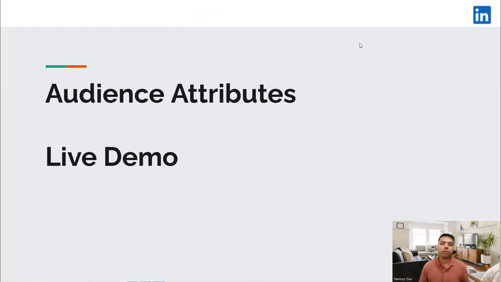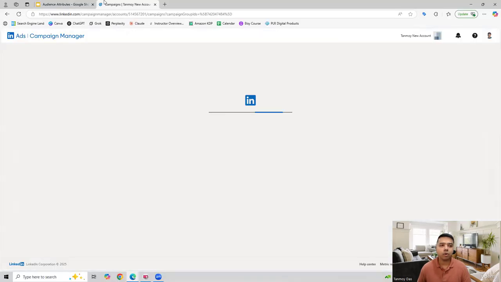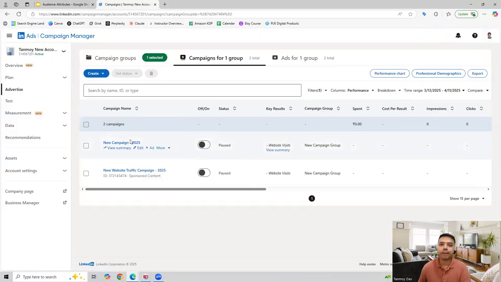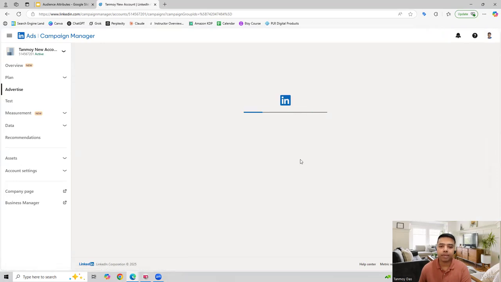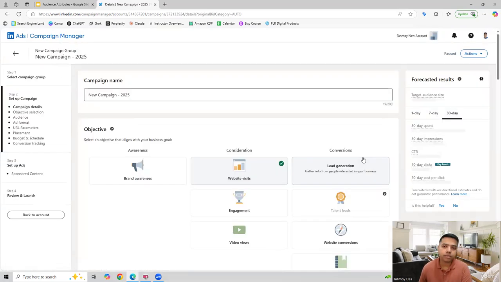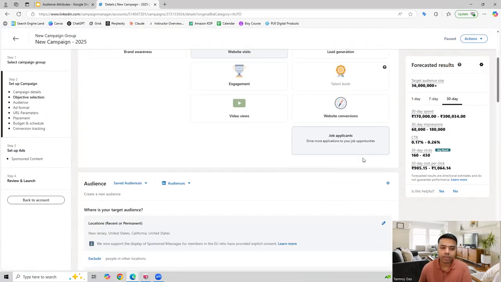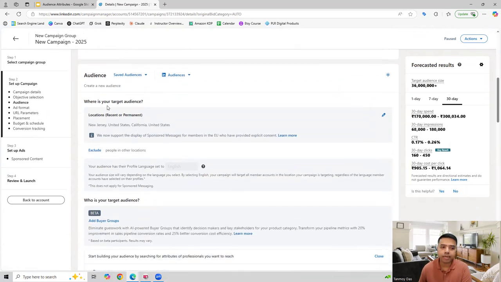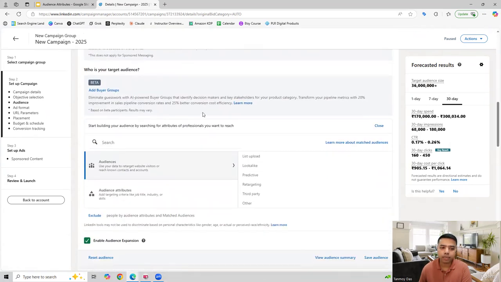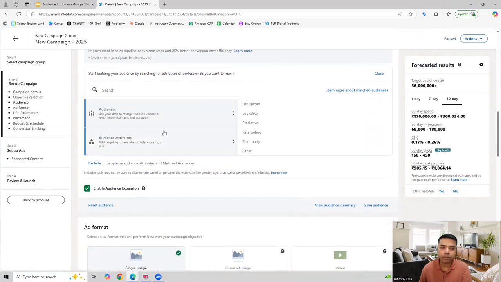So in this session, we'll talk about the audience attributes, how you can use them. So let's have a look at it on the platform, how we can set up this particular audience targeting. Once we are on the campaign, we can go to the campaign settings page by editing the campaign. And this will bring us to the campaign settings page, as you can see here. And right beside location targeting, we get to see our audience targeting part as well, where we can look at